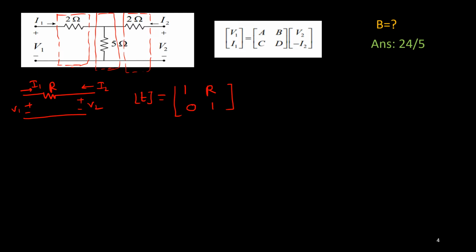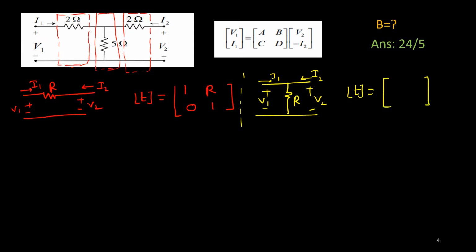Whereas if you have this kind of network, where this is resistance R, this is V1, I1, and this is V2, I2, then the T parameters are again very simple to calculate. Again the reverse voltage gain and current gain are 1, 1, the impedance is 0, and the transfer admittance should be 1 upon R. We have discussed this several times in my lectures, so please follow the previous lectures if you have some confusion. Now the total ABCD,